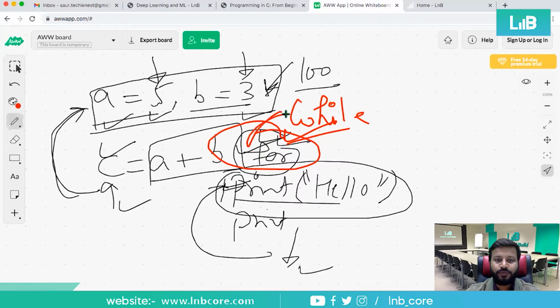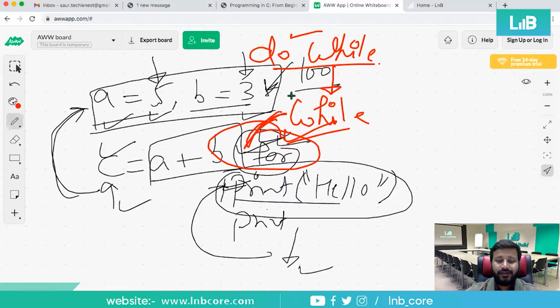And there are two loops, for and while. However, we have do while loop also, but it's a part of while itself. An extended part of while can be utilized as do while. There was a use case where while could not be used, then you can use do while loop, right? You also cannot use for loop at that particular use case where while will create a problem. So while and for will create a problem, then do while solves that issue.